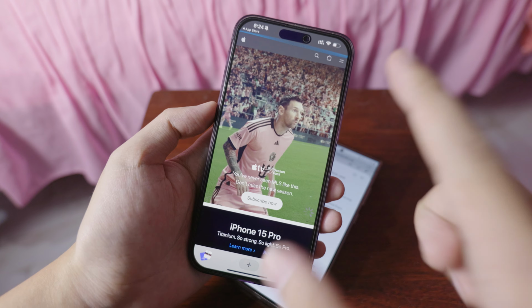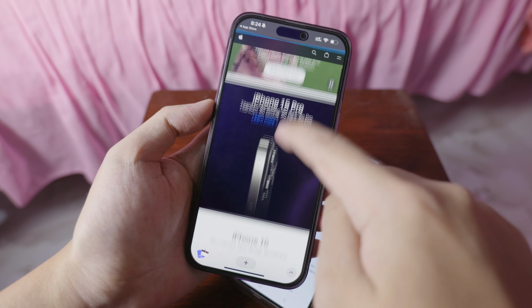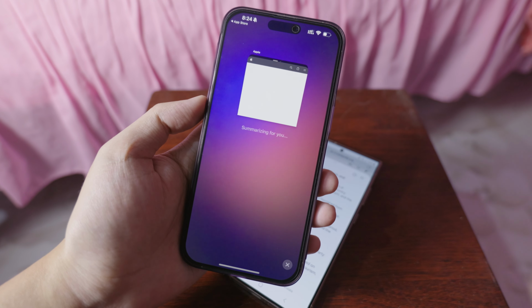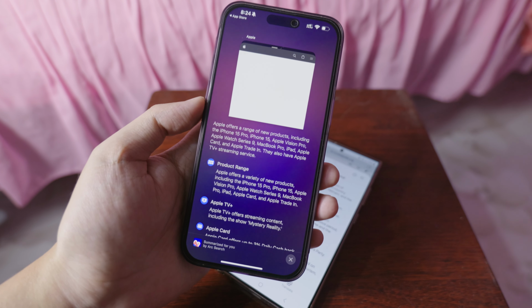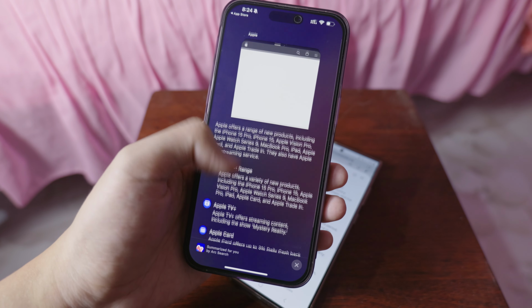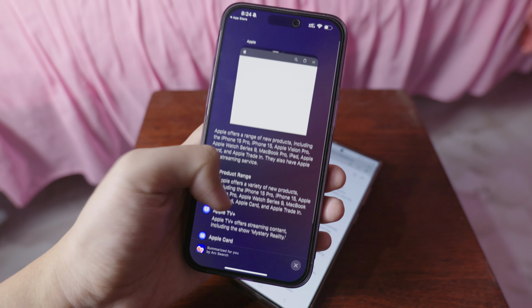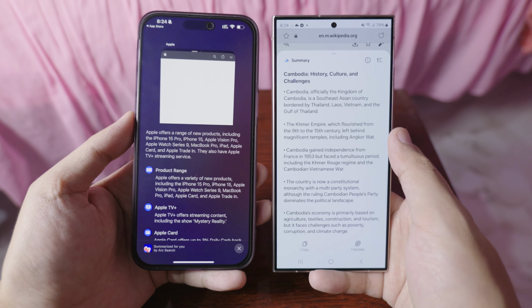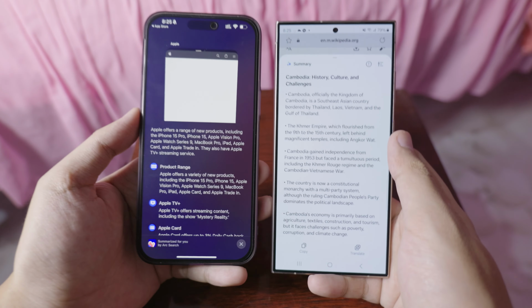Now let me show you one more example on this website, apple.com. So let's summarize this page. So I'm going to pin here just like that, and we have the bullet points of the web page, so what it is about, what it is going to be. You can compare between the S24 Ultra and the iPhone 15 Pro Max. I think this feature is very